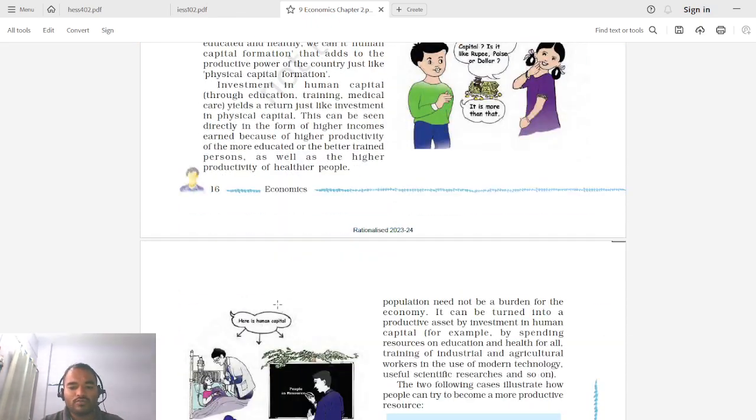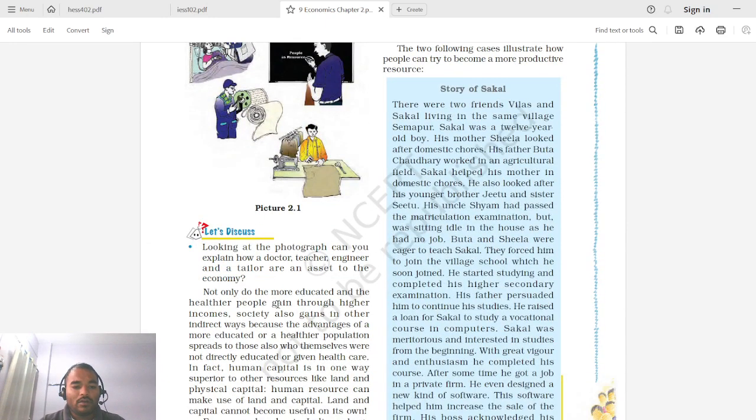So now, not only do more educated and healthier people gain through higher income, society also gains in other indirect ways, because the advantages of a more educated or healthier population spread to those who themselves were not directly educated or given health care. Say for example, if a person